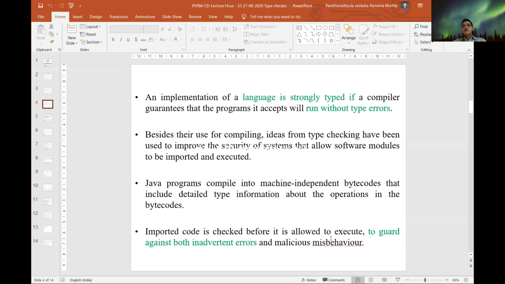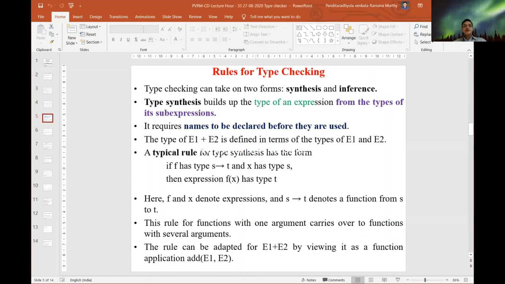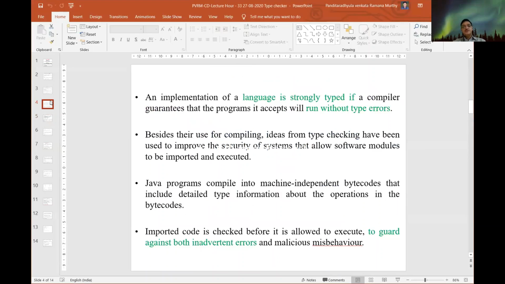So in order to avoid all the runtime errors, inadvertent errors or malicious behavior, the imported code will be checked before it is allowed to execute. Everything should be handled at compilation so that we avoid runtime errors and misbehaviors.